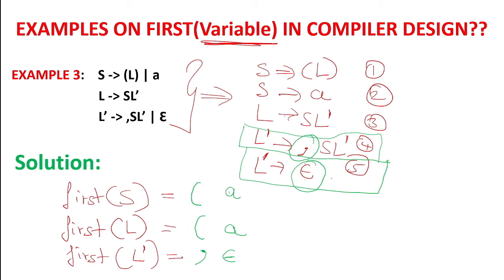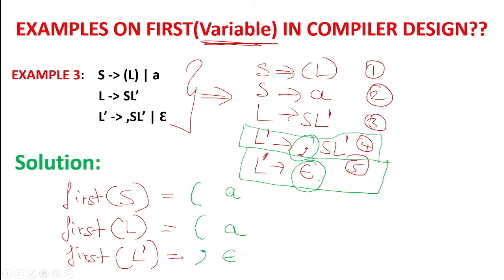If anything was there after that, then we would have considered that, but nothing is there after that, so consider epsilon as an answer. So epsilon also can be the answer of first, because it is not a variable. It is not a terminal also, it is a special symbol, but you can consider it as an answer for the first of any variable. If there are no more characters present after it, only epsilon is there in the production, nothing else is there, then you can consider epsilon as a first of that variable. So in this production, nothing else is there, only epsilon is there. So epsilon is considered as an answer.